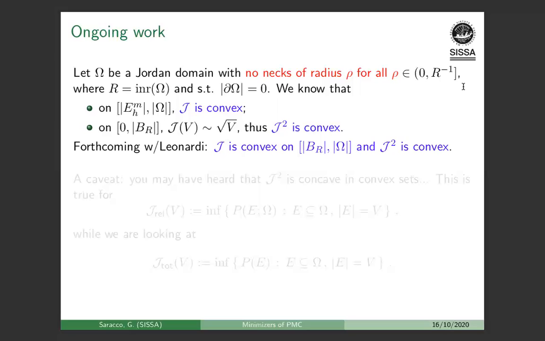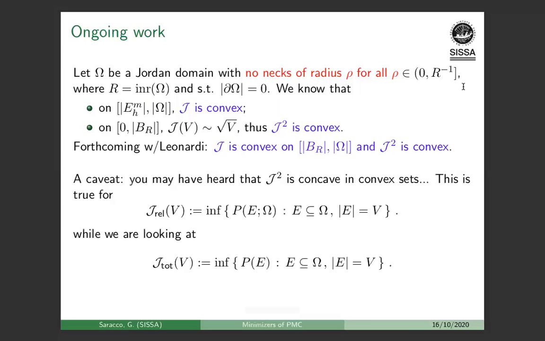Okay, just one caveat, because this is a question I receive quite often. If you have ever dealt with isoperimetric problems, you might have heard that the square of the isoperimetric profile is concave. And I'm claiming that it is convex. Now, what's amiss? Well, there are two different isoperimetric profiles, the relative one and the total one. The isoperimetric profile whose square is concave is the relative one. It's the map that to each volume associates the least perimeter,